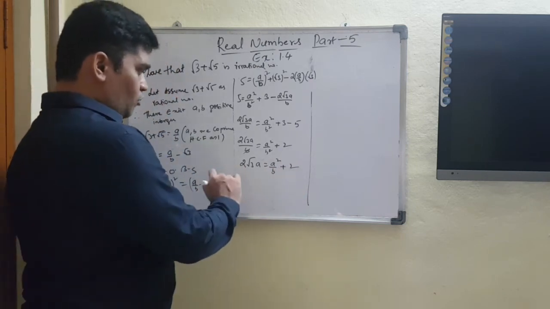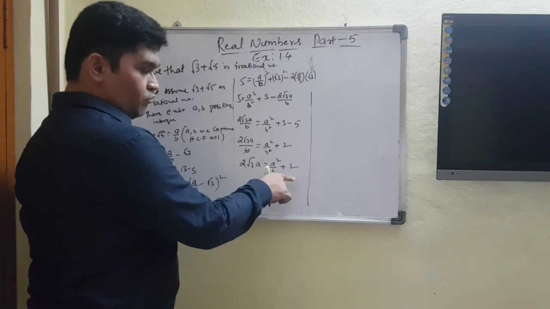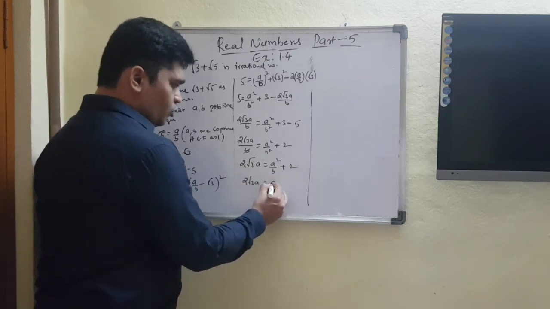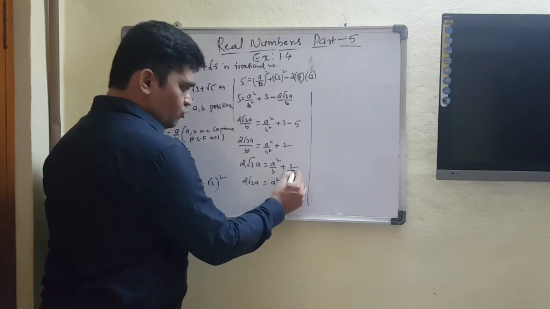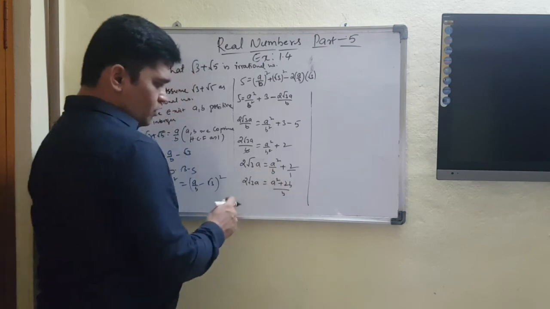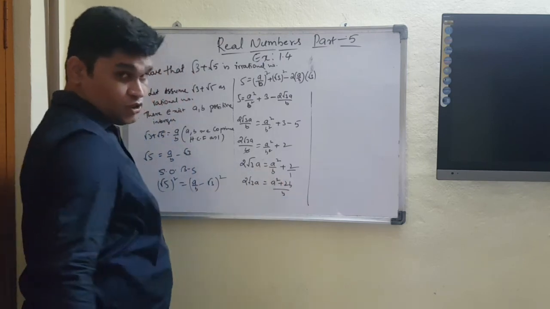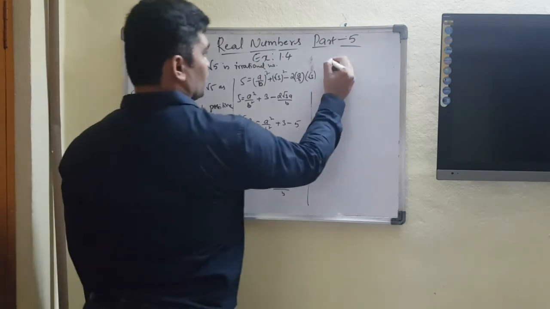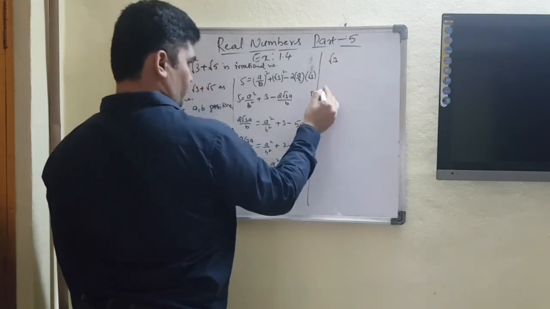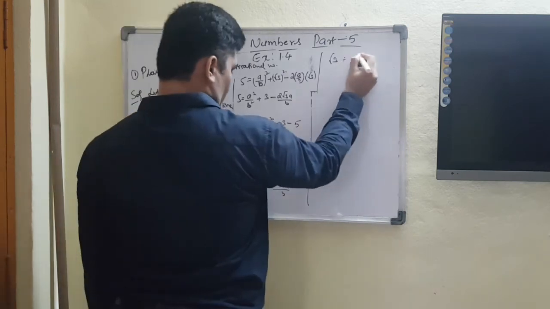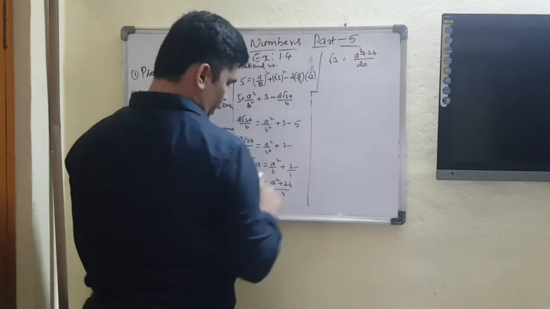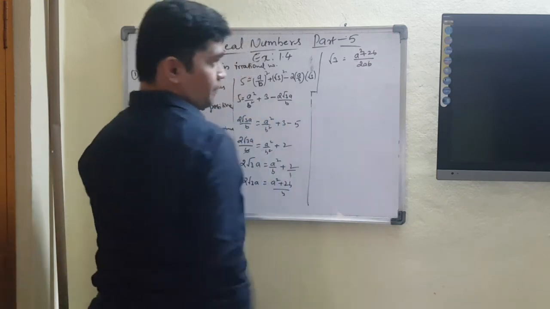Okay, now 2a I am going to shift it down. So first I am going to take it as 2 root 3 a equal to a square plus, I am going to take LCM of this one first. So it will be 2b by b. Now shift 2 and a over here down. So what will be? It will be root 3 equal to (a square plus 2b) by 2ab, as it is, right?